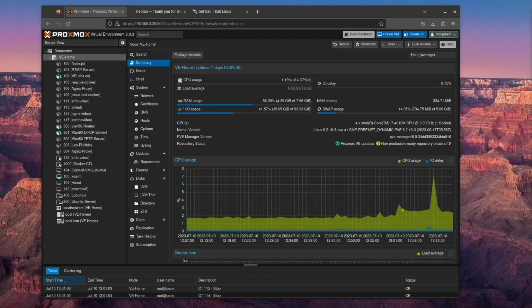Welcome to Getting Started with Proxmox 8. Today we're going to be looking at how to create containers and VMs, both in the style of using an ISO and an installation technique, and how to use Cloud-init images. I'm also going to further break down Cloud-init images to using the Proxmox Cloud-init tool and my own personal customized